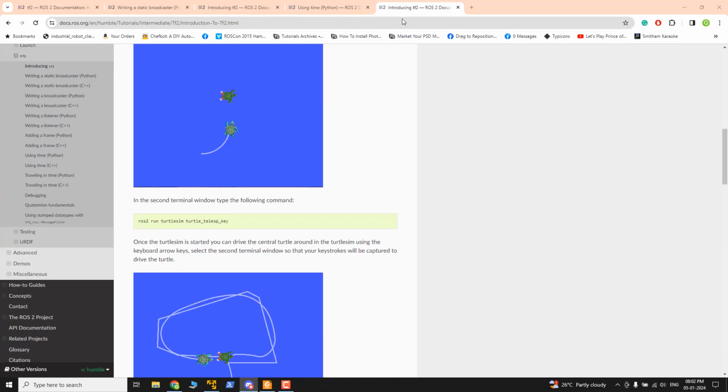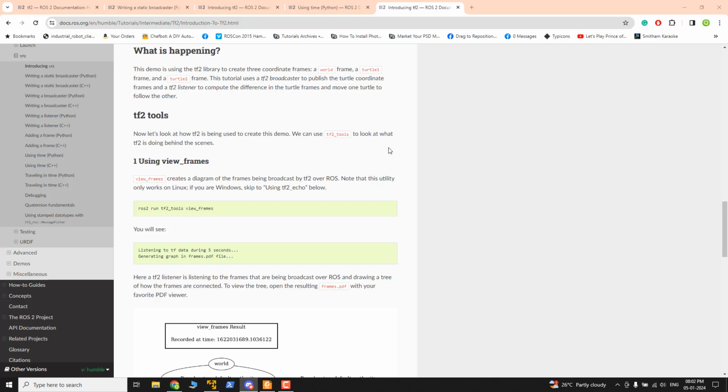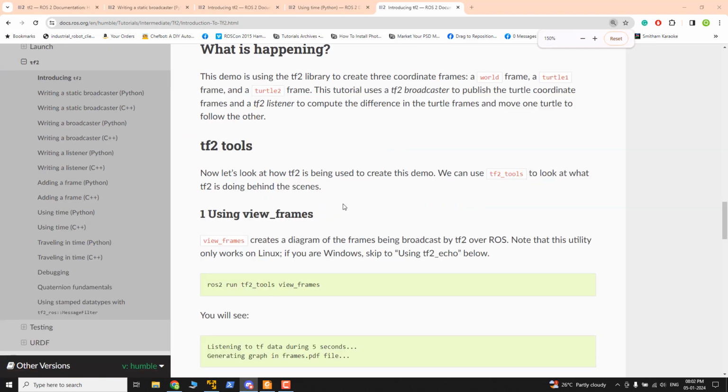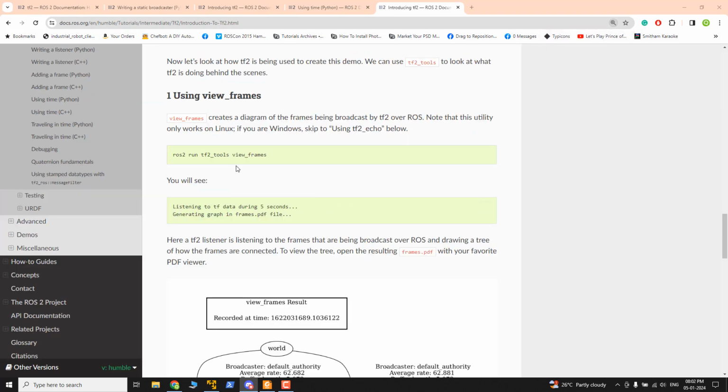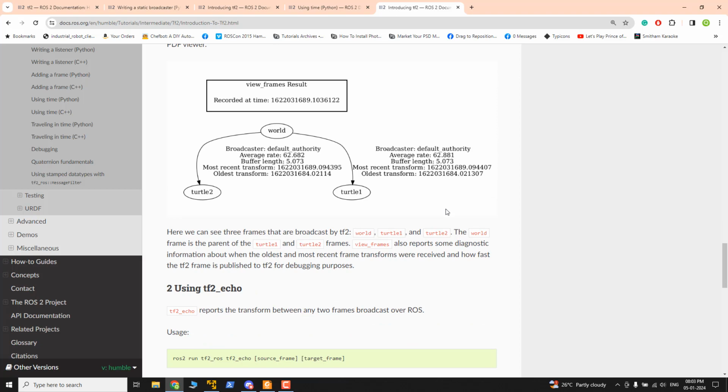Okay, so we saw only the demo part, and then we also saw some of the useful TF2 tools. Okay, so if you remember, we worked with view frames, which basically gives you the PDF file of the current TF. Basically, the TF is a tree. TF is actually a tree. So it will give you a document which has the TF tree, which is very useful while debugging a big